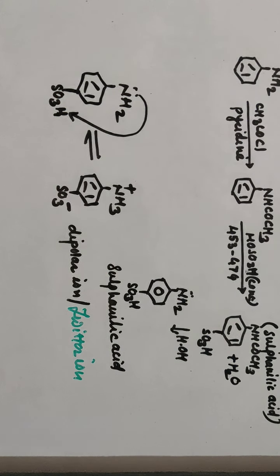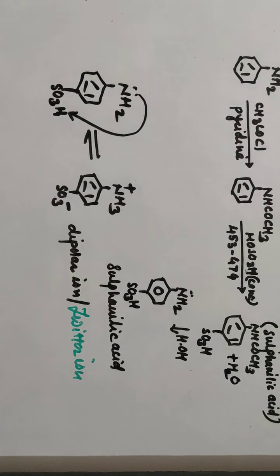As NH2 donates a pair of electrons to proton, that means it accepts a proton from the SO3H group, and there is a formation of NH3 plus and SO3 minus ions present at para position only. This is a symmetrical compound and two poles are separated, so this is a dipolar ion called a Zwitter ion.